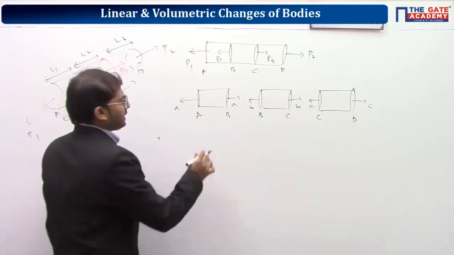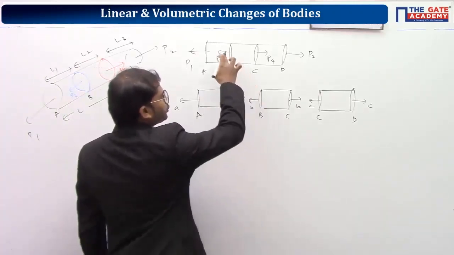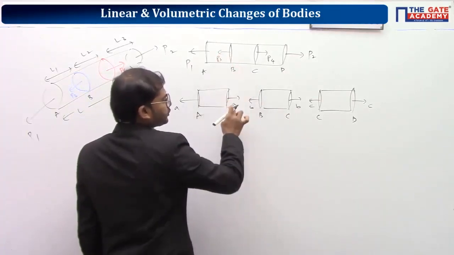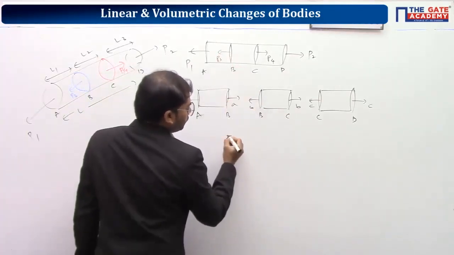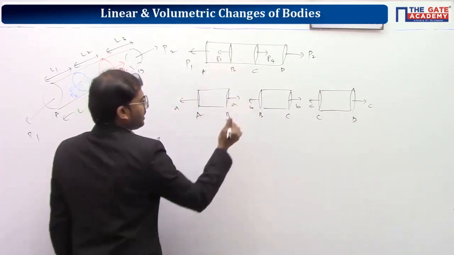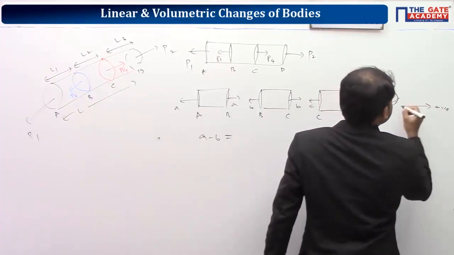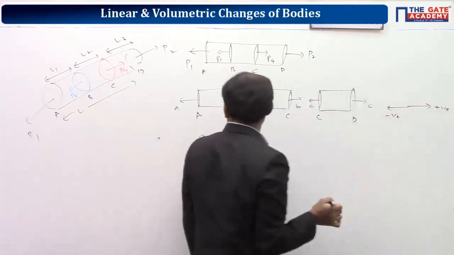Okay. So if you take here, at junction B, a and b are giving rise to P3. In fact, P3 is giving rise to a and b. So what you should do is, left side of equality sign, you will be putting a and b according to the system, that this is positive direction and this is negative direction.